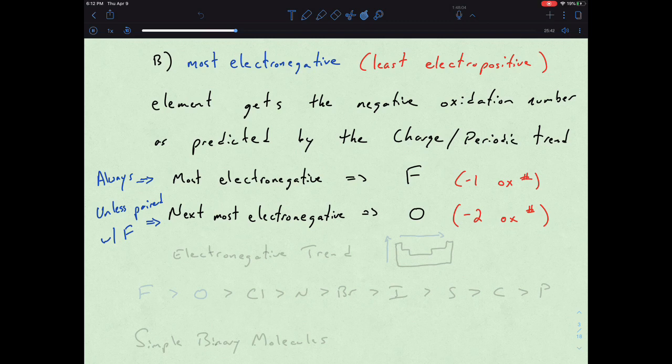So if you had OF, for instance, well, fluorine's the most electronegative. So you're going by that idea of electronegativity. So as far as that trend goes,